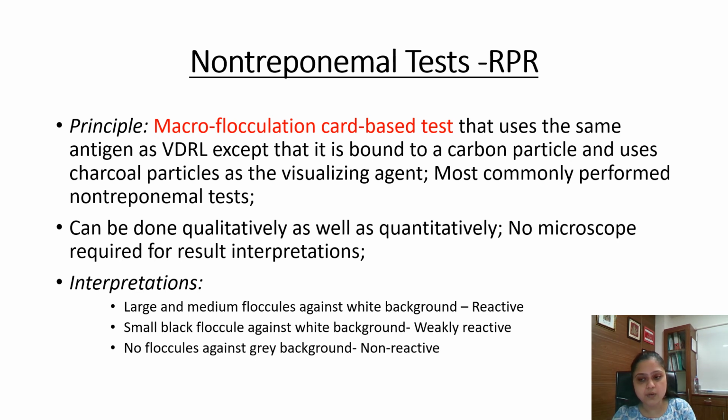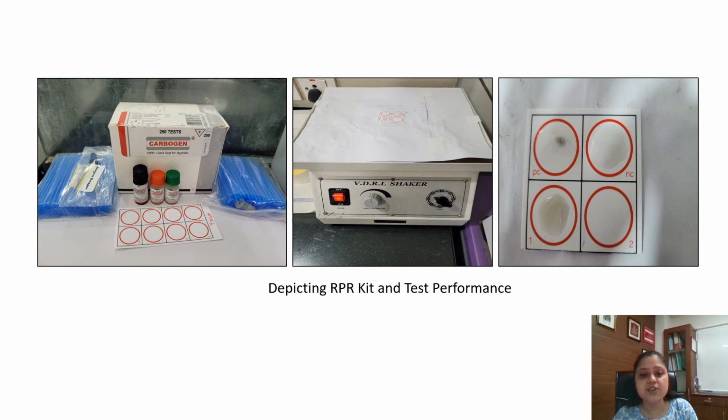The advantage of it over VDRL is that we do not require a microscope for interpreting the results. Coming to the test procedure, here we can appreciate that it is a kit which comes with the reagent, positive control and negative control. We are going to add the reagents and the positive and negative control on the respective wells, and to it we'll be adding the sample, then we'll mix it nicely,